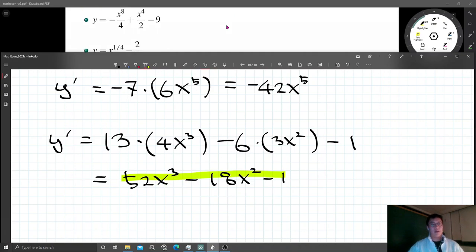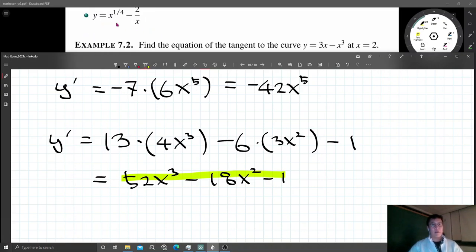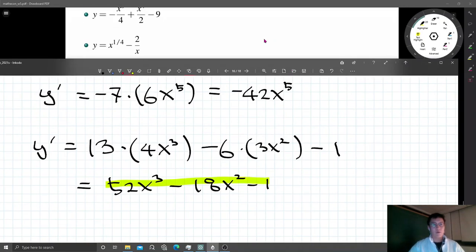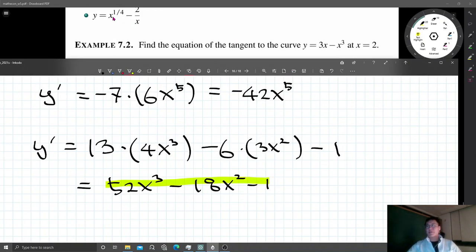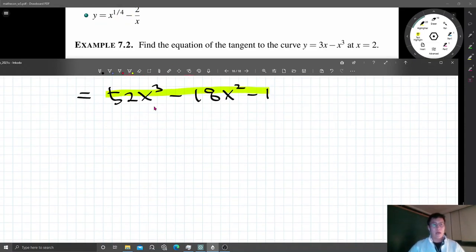All right. And let me leave the third example for exercise. And instead, let me do the last one. So now y is given by x to the power 1/4 minus 2 over x. Okay? And before taking the derivative, let me use the fact that a reciprocal becomes a negative power. So remember, 1 over x equals x to the power negative 1. So using this fact to rewrite the function